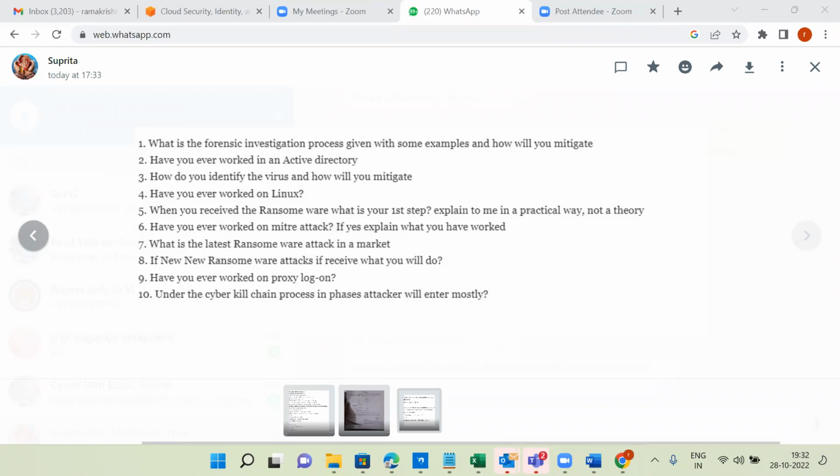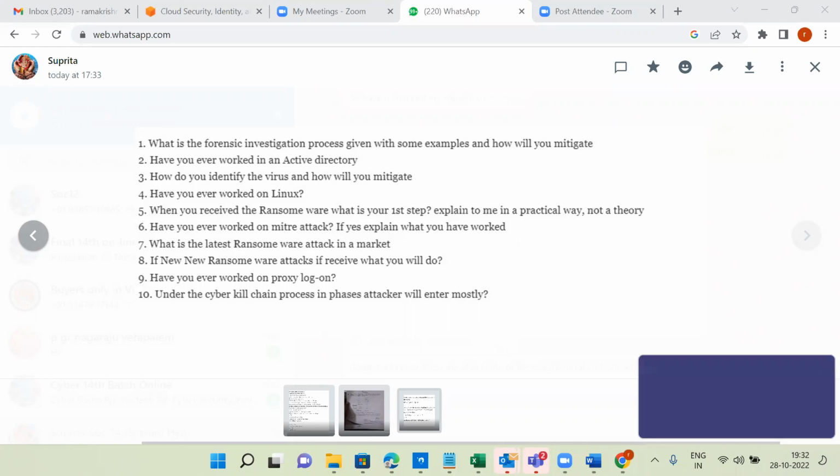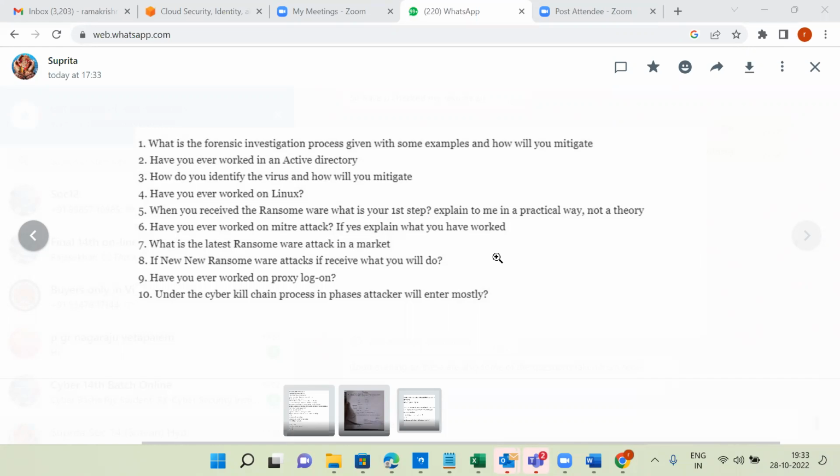Cracking the interview is a little bit difficult, but after going to the job, you will feel it is a little bit easy. Maybe the first 1 or 2 months you'll feel a little bit difficult. But what is the main problem I understood from these candidates? Whatever class notes I'm giving, they will not correlate, they will not map to whatever work they are doing. If you don't correlate or map whatever work you are doing, then how can you get the concepts?